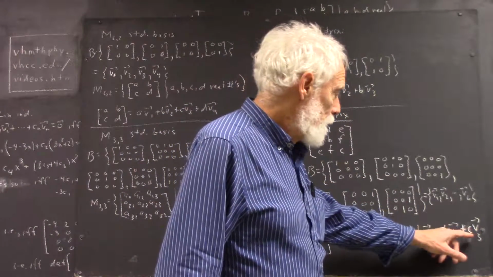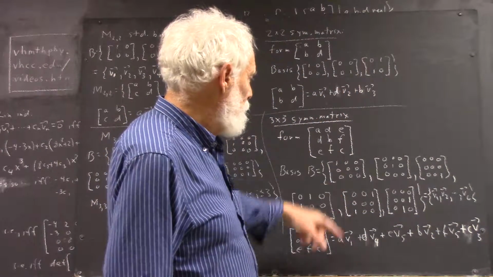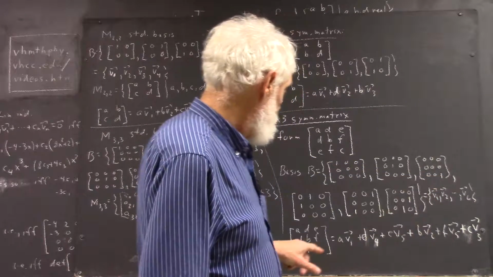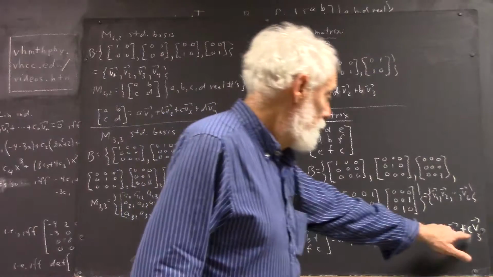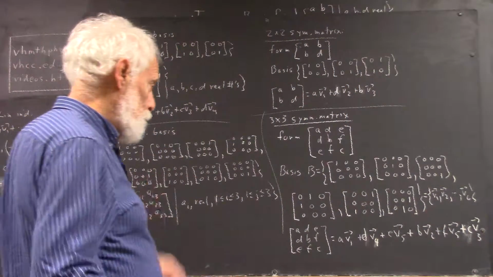This should obviously be a C times V3 because we need to get a C here and only this matrix has the 1 in the position of the C. So we have to add a C V3. So, again, we conclude